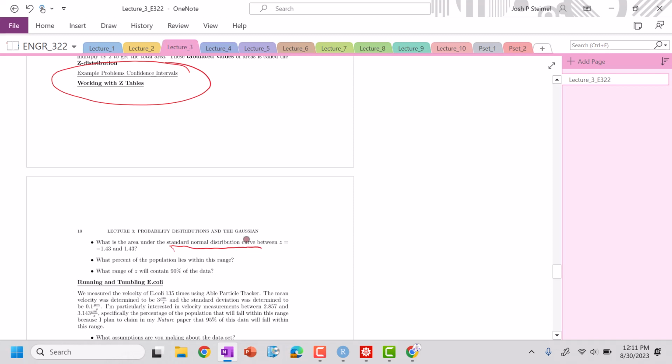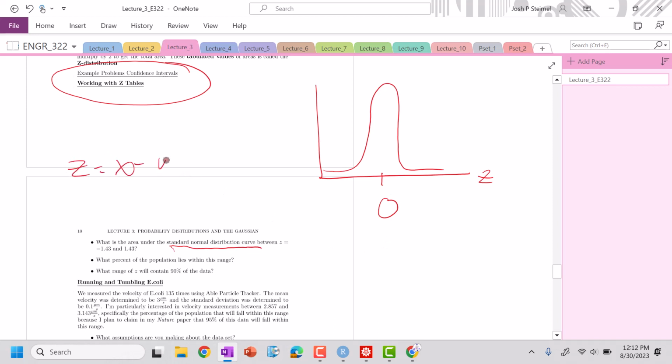Sometimes it's very helpful to draw these kinds of distributions. So we have some distribution here. If we're plotting it as values of z, this will be centered around z equals 0. Why? Because z, remember, is equal to x minus mu over sigma. So a z value of 0 will be where x is equal to mu. That's where our mean is. So we're asked between